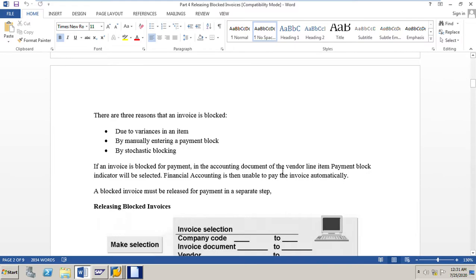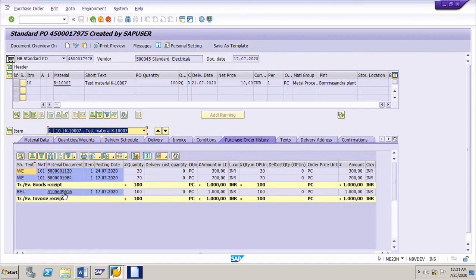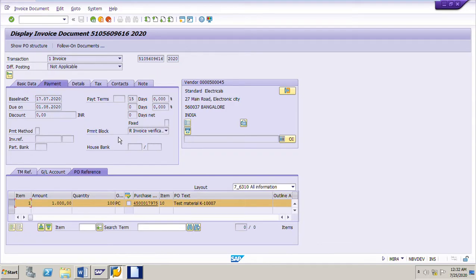So what is this? If an invoice is blocked for payment, in the accounting document of the vendor line item, the payment block indicator will be selected. For example, I will go to a purchase order here, where there is an invoice. If we go to the invoice and then to payment, we can see the payment block, with the reason being invoice verification.